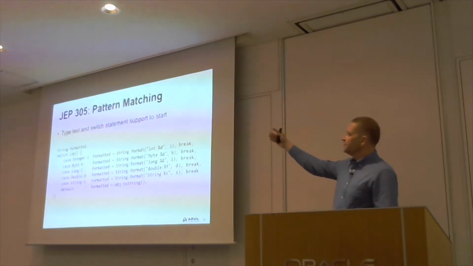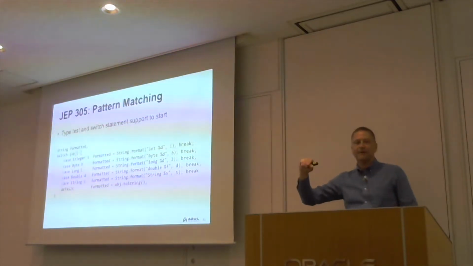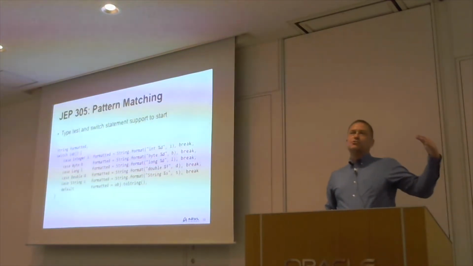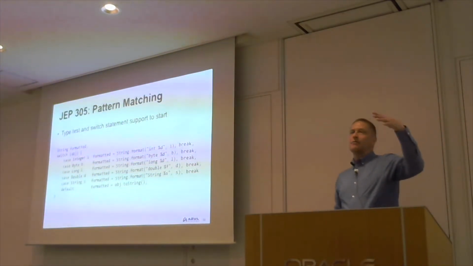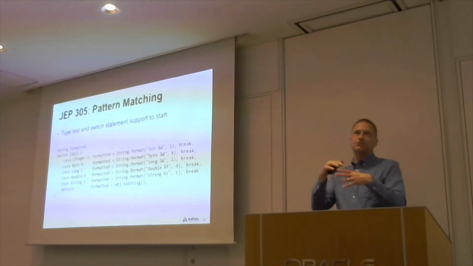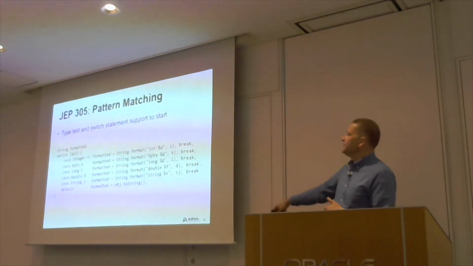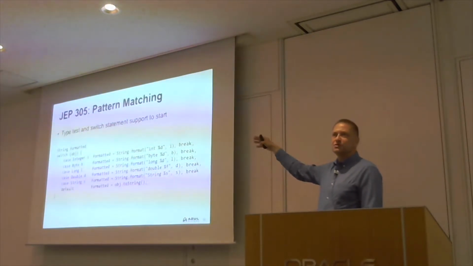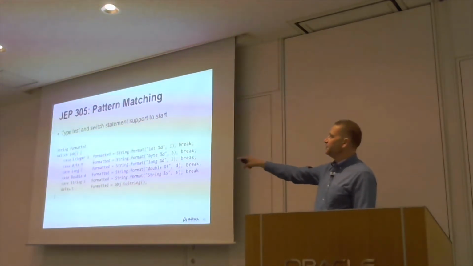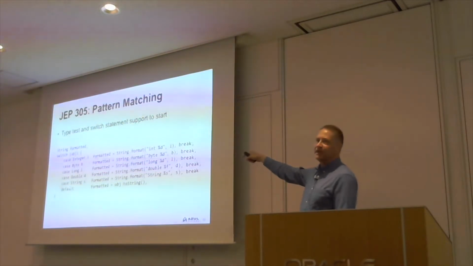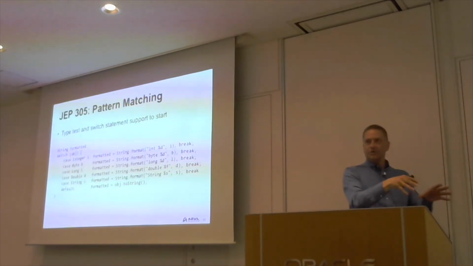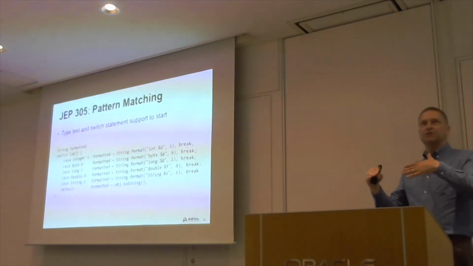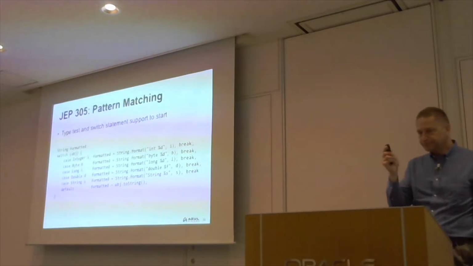So the idea is that with the changes in terms of pattern matching, you will be able to switch on a type. It avoids having to do a very complicated if, else if, and use instanceof to do this kind of thing. So now if you've got a variable and you want to determine what its type is and do something based on that type, you can simply do case Integer i, case Float f, and so on. And that, in this syntax, would work, and you'll be able to do a switch statement that does something based on its type, not its value.